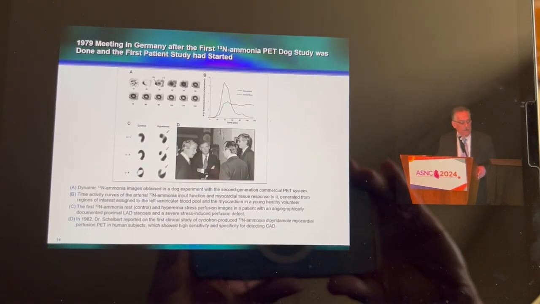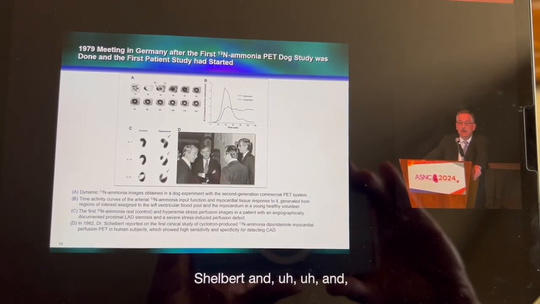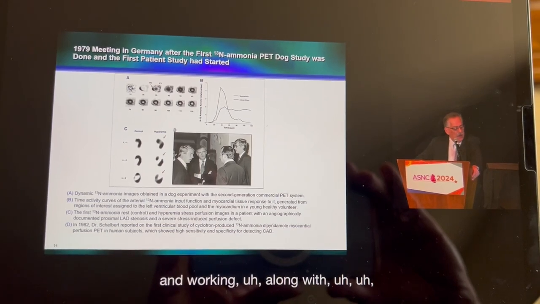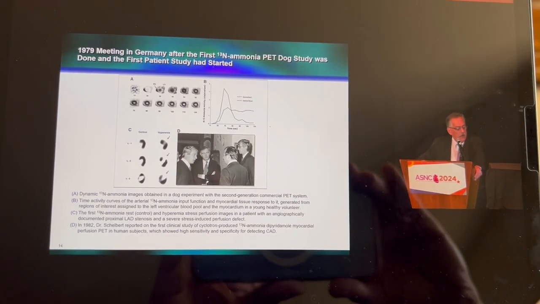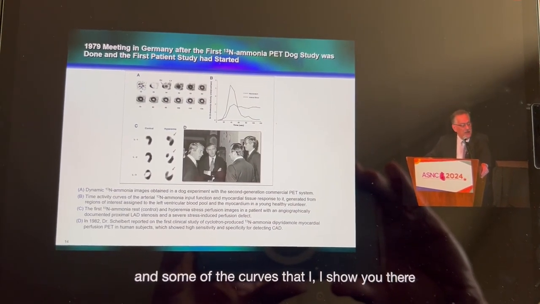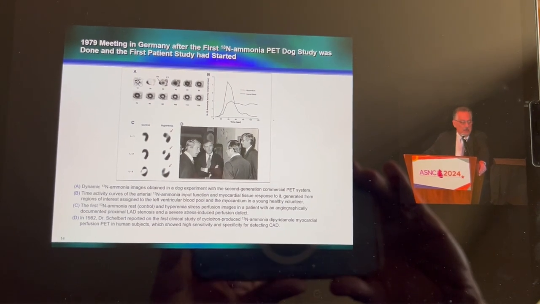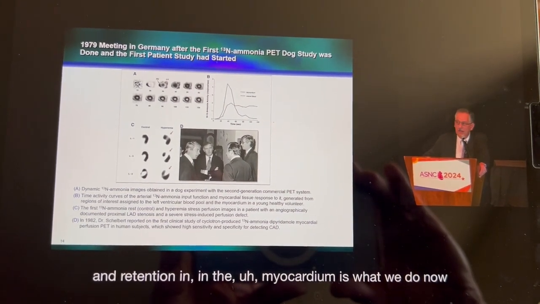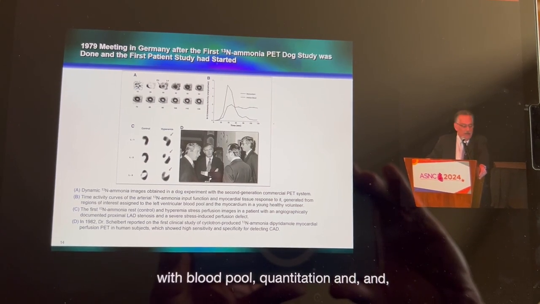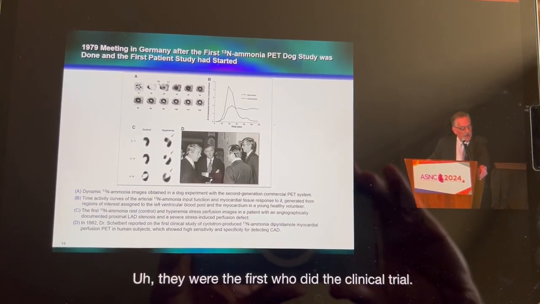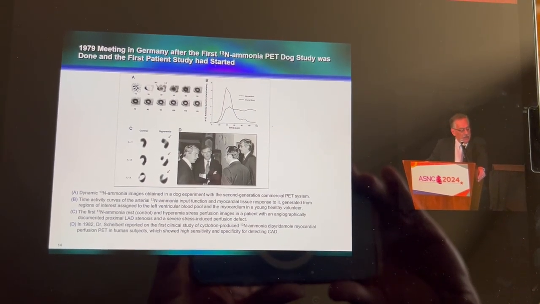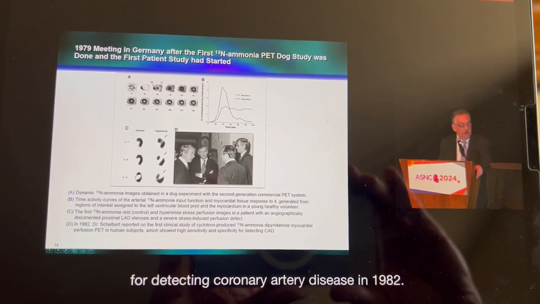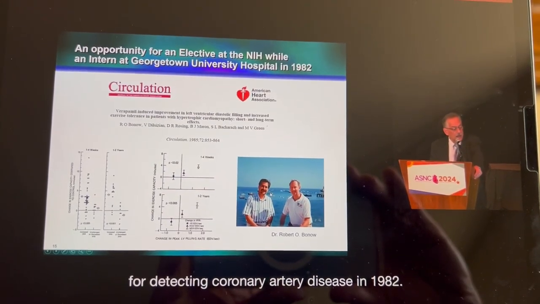Here's a young Dr. Schelbert, working along with ammonia in dog experiments, and some of the curves that I show you there with the blood pool imaging and the time activity curves of blood pool and retention in the myocardium is what we do now with blood pool quantitation and myocardial uptake. They were the first who did the clinical trial, using cyclotron-produced N13 ammonia in PET for detecting coronary artery disease. In 1982,